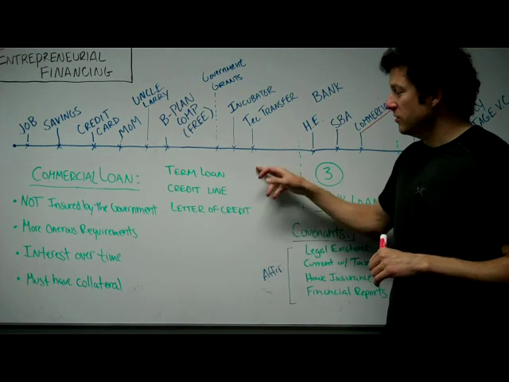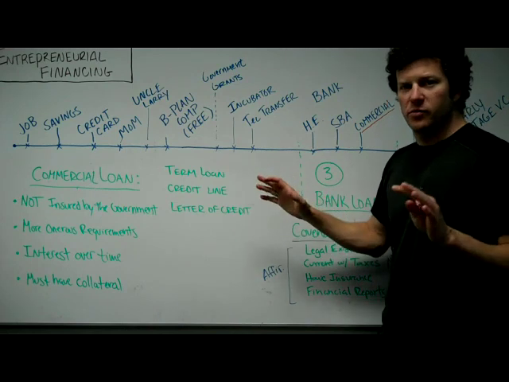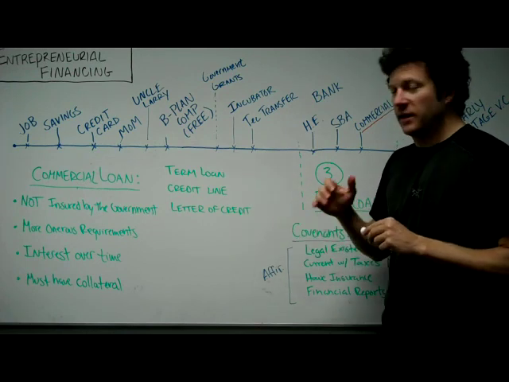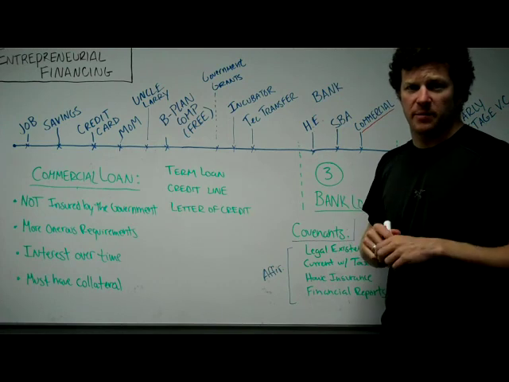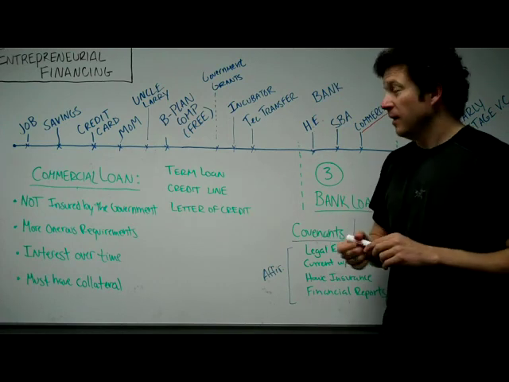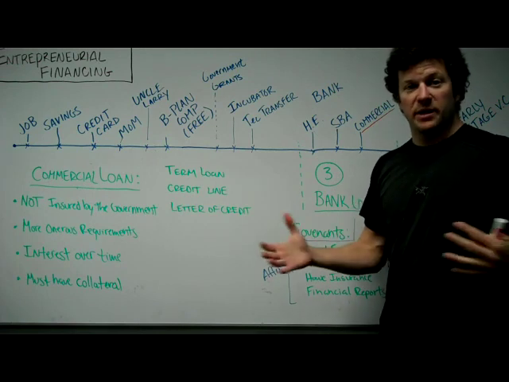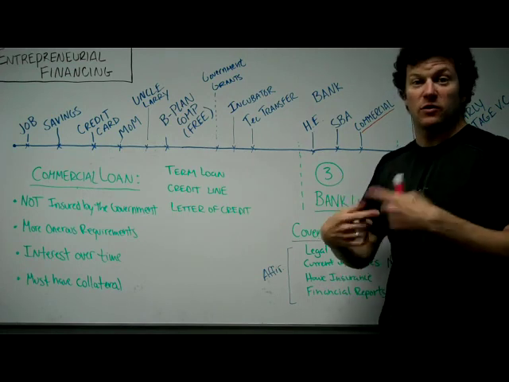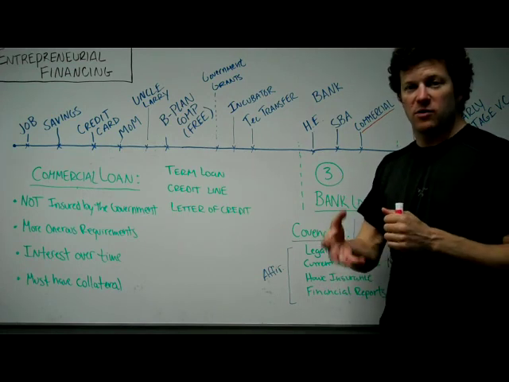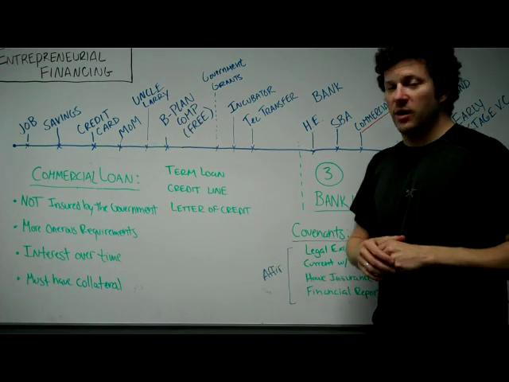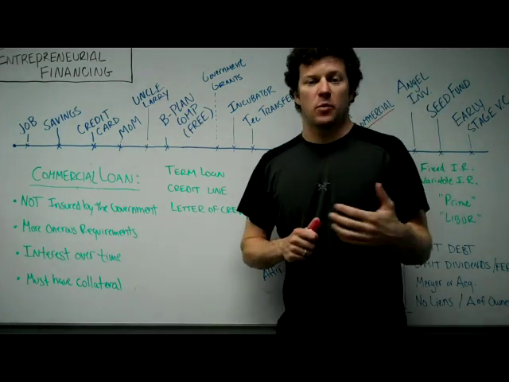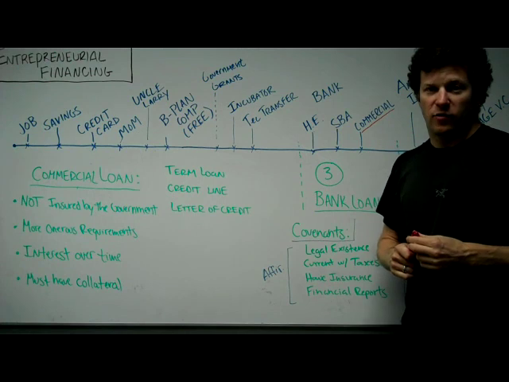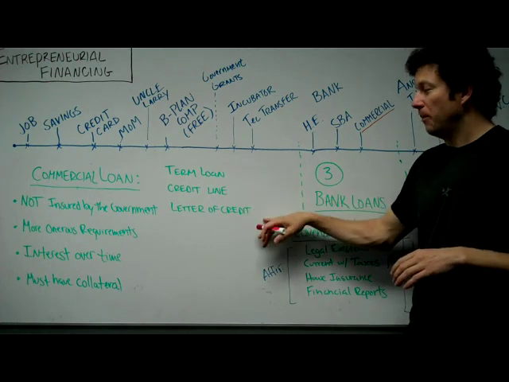There are different kinds of loans. I'm going through the very basic overview of commercial loans, but there are term loans, credit line loans, and letters of credit. Term loans are what they sound like. I'm going to lend you money over a certain period of time and you have to pay me back. Credit lines are where the money sits there and you don't borrow it until you call on that line of credit. And when you call on that line of credit, then you start to have to pay interest on the amount that you've taken out in your credit line. And then a letter of credit would be where another institution somewhere else can make a payment on your behalf, and your bank will guarantee that payment through a letter of credit. So those are various ways to borrow money.